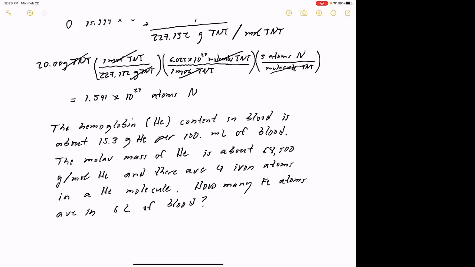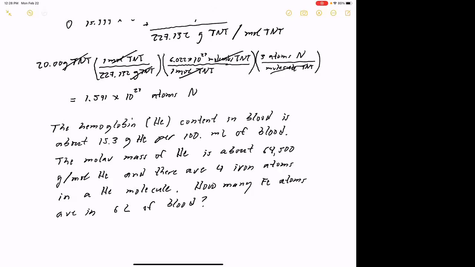And it also tells you that for every hemoglobin, we got 4 iron atoms in there. Okay? So there's another useful conversion factor. So the question now becomes, how many iron atoms are there in a 6-liter volume of blood? Now, the 6 liters comes about because that's about the volume of blood found in the average human body. So basically, we want to find out how many iron atoms are in the 6 liters of blood you find